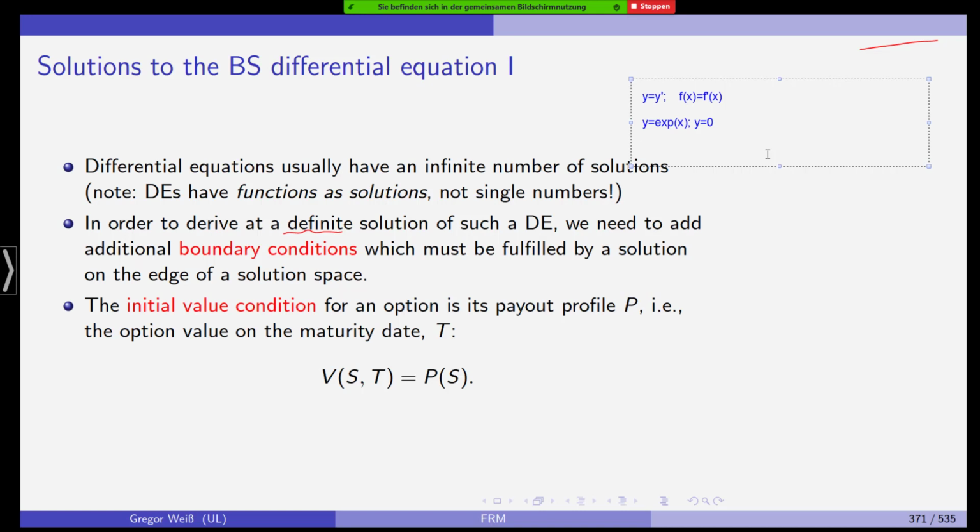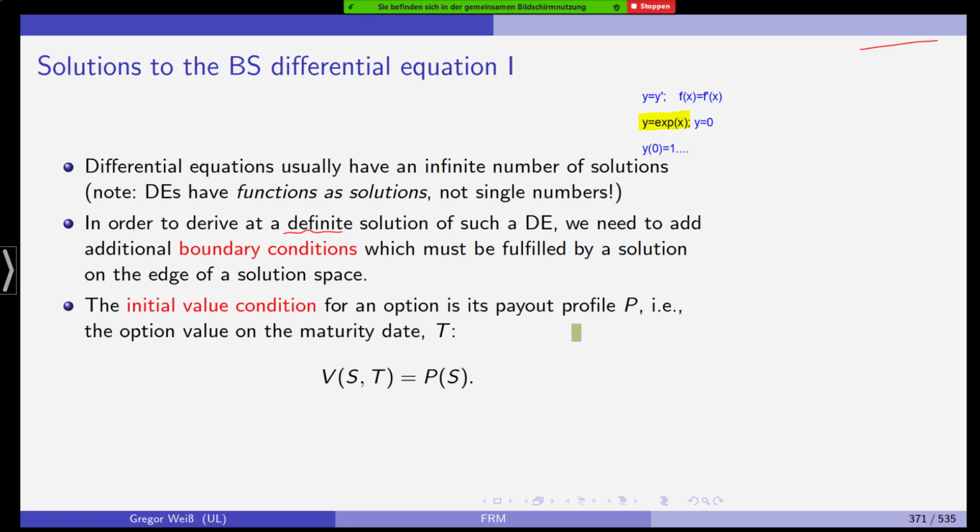If we now want to see which one is the unique solution, we need additional assumptions. We need a boundary condition. For example, you can say y of 0 equals 1. In this case, well, it's quite clear that the solution we are looking for is the exponential function. Y of 0 is 0 for the second possible solution, and if y of 0 is 1, it has to be the exponential function. So we are setting some values fixed on the boundary of the solution space, and the initial